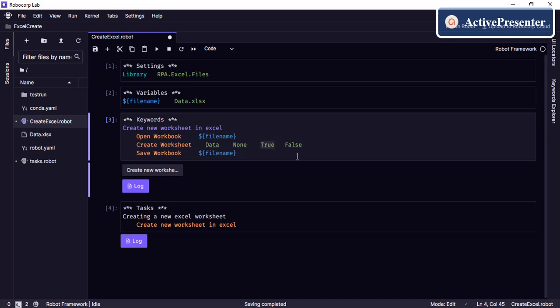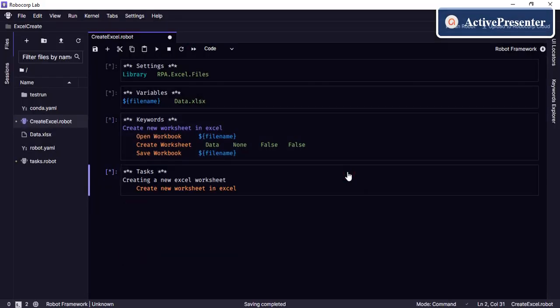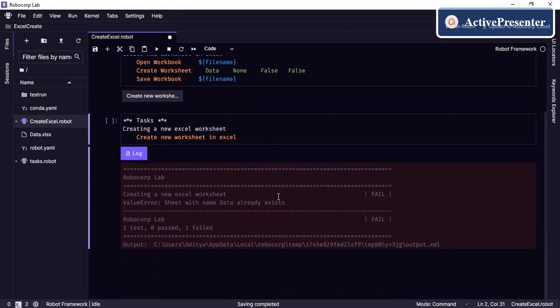Right, if it is true it will continue, right? As I said, we need to make it false, and there is already the value present there, so it will throw us an error. See, we can see that because the error is the sheet with name data already exists.